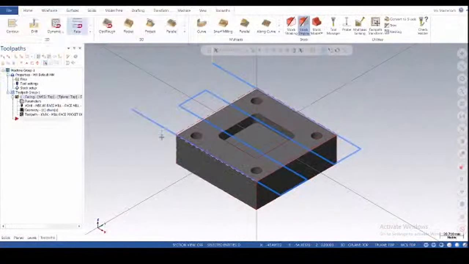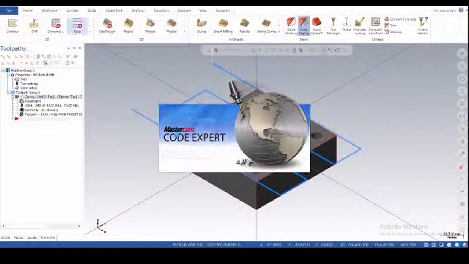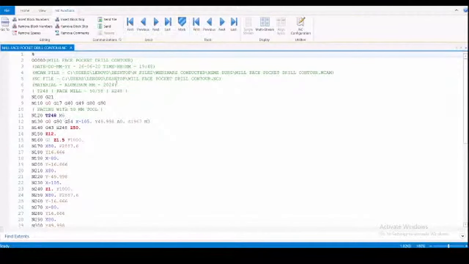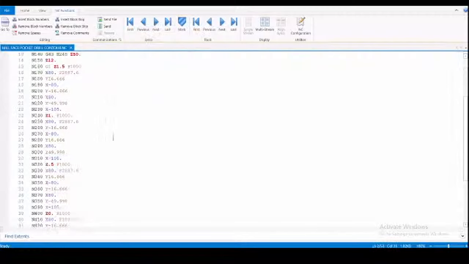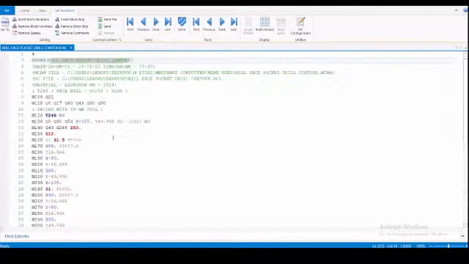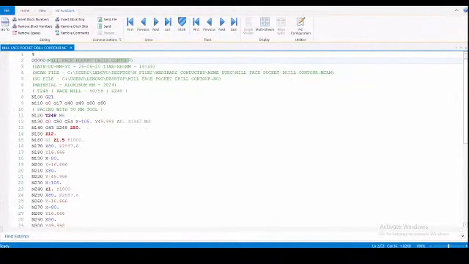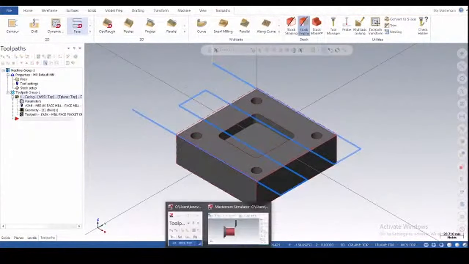After that, you will get a Mastercam code expert window, and in this code expert window you will get all the ANSI code as per your commands. Just see. These are the NC codes, which can be customized as per the different types of machines, depending on different configurations, like Fanuc controller or Siemens controller. So it will be done accordingly.